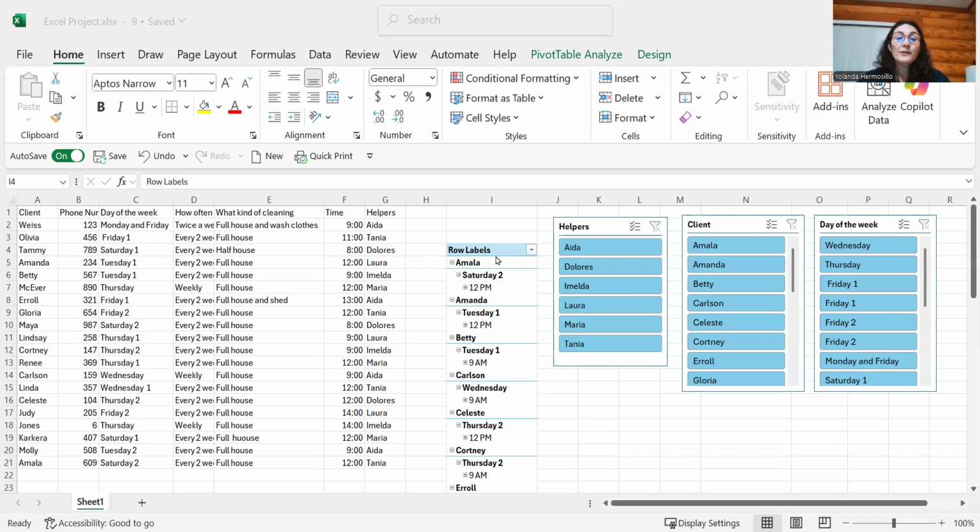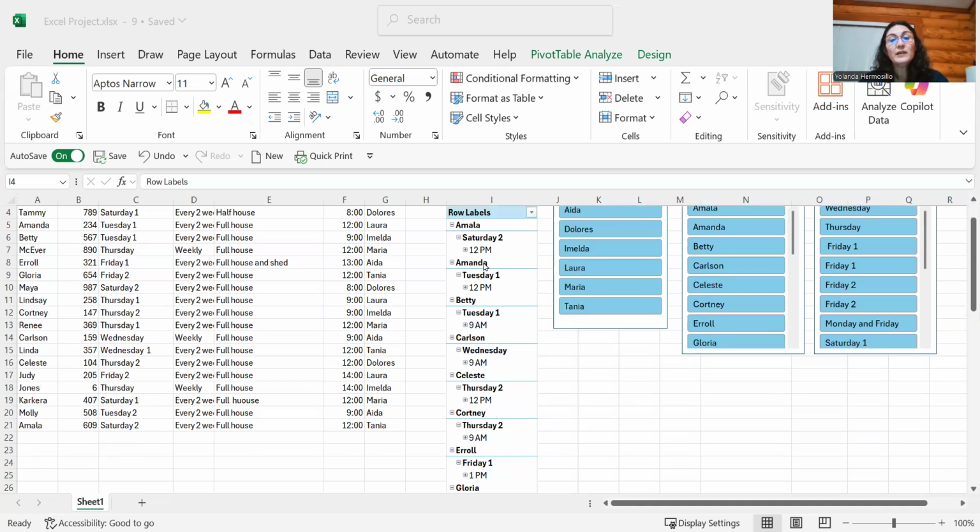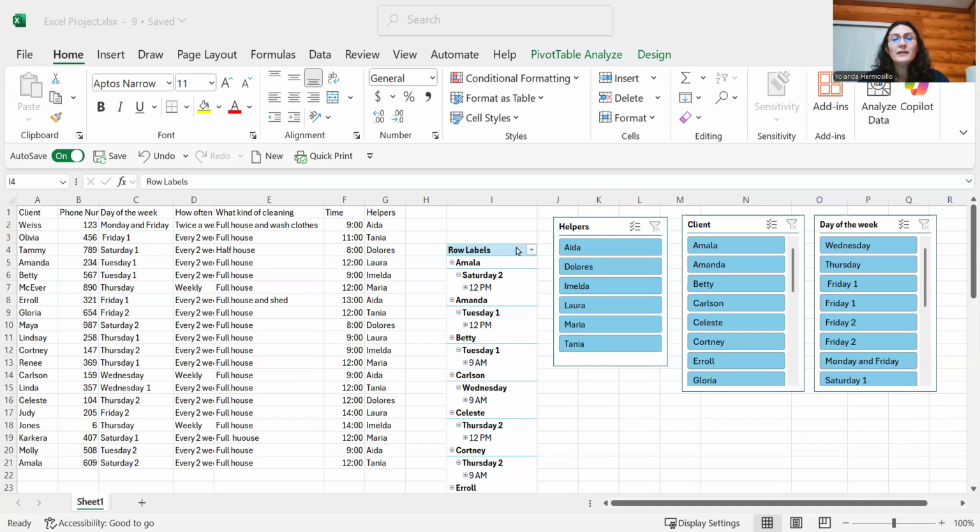And I created this pivot table with my clients, and like Saturday, Tuesday, and the filter put in ascending order, A to C.